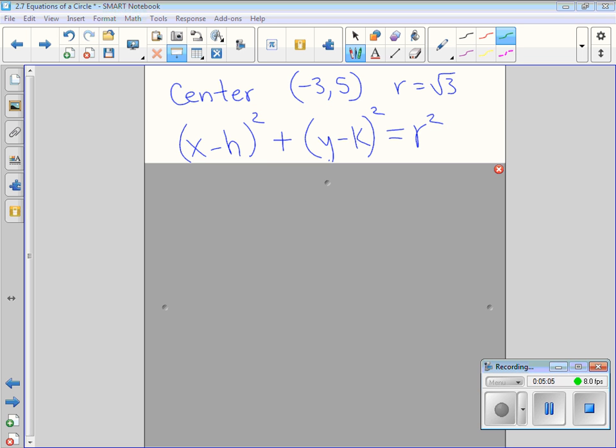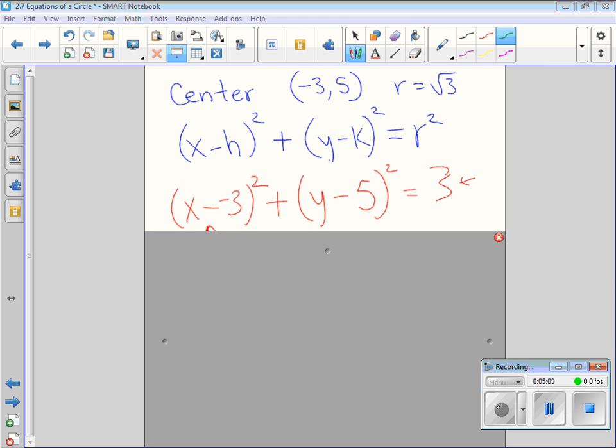All right, the first thing I do, and I advocate that you do, is write the standard form so I know where to put pieces. Next thing, I just take the pieces and put them in their proper place, right? I've got x minus a -3 and y minus a +5 equals... I think I kind of messed up there, 3, right? So I have r equals the square root of 3. So I have to square both sides